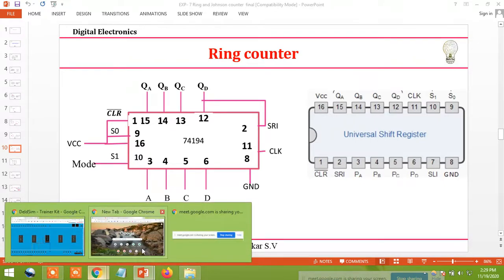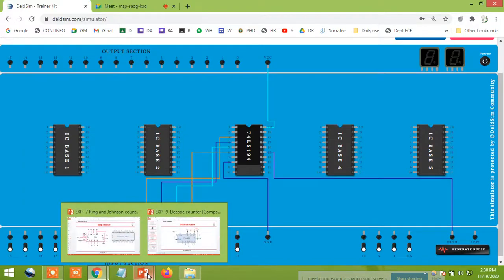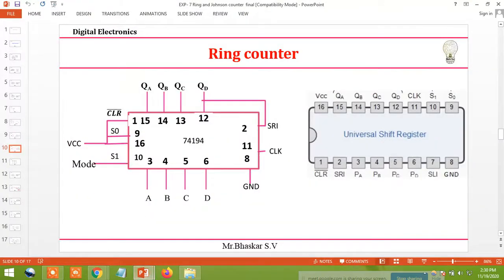So I'll connect pin number 11, which is 8, 9, 10, 11. You can connect it anywhere; I'm going to connect it to a high pulse. Next, 11 is over. Now you have to do 15, 14, 13, 12, that is QA, QB, QC, QD.